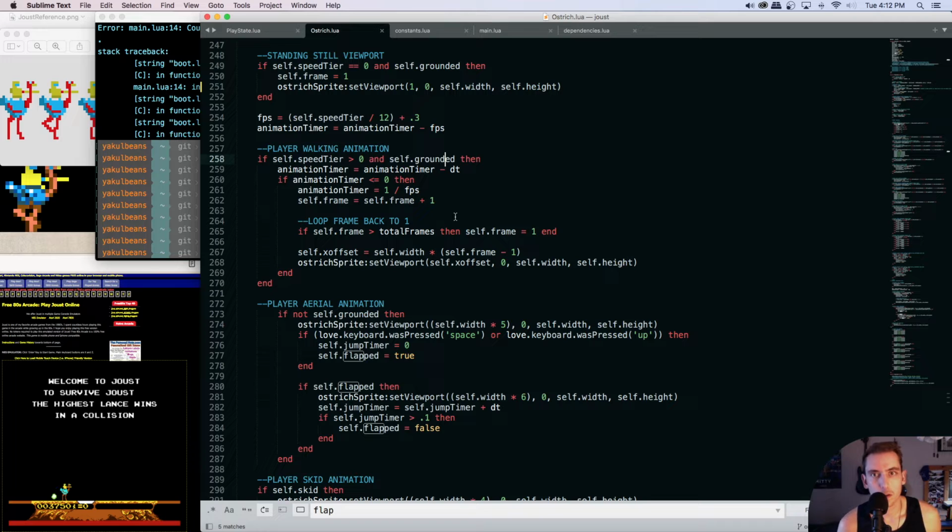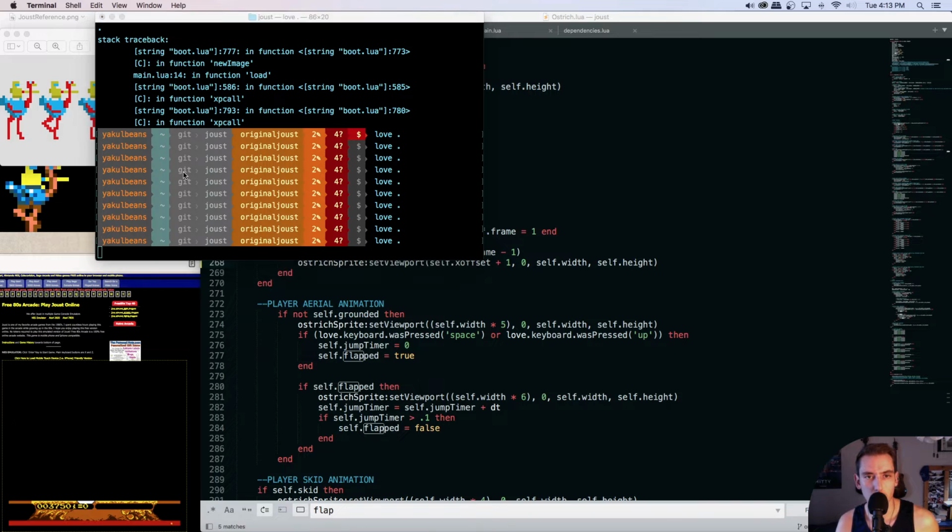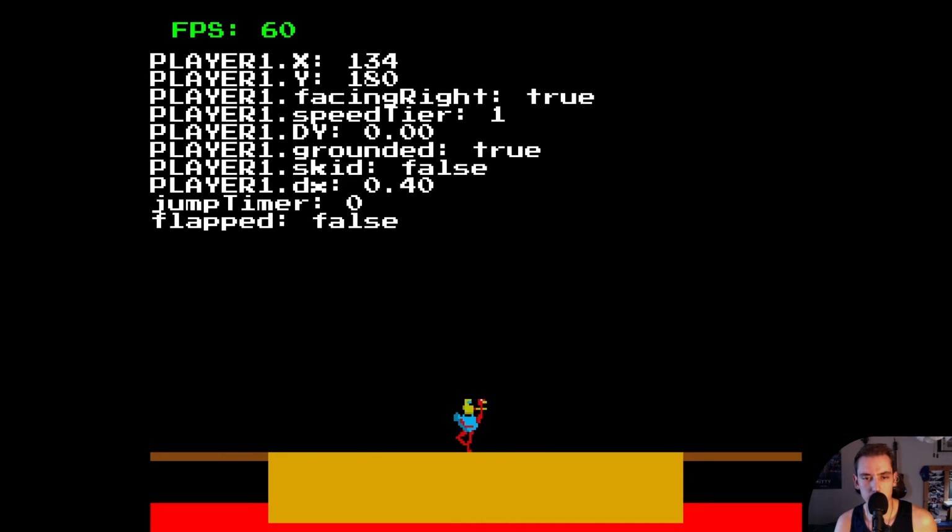So why is the X offset, when I'm walking, why does +1 not give me the results I'm expecting? X offset will be 0 at frame 1, which I still need to shift by 1. So when I'm walking, why does it show the